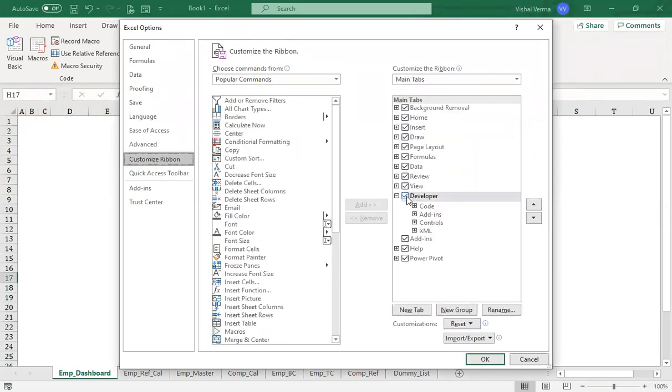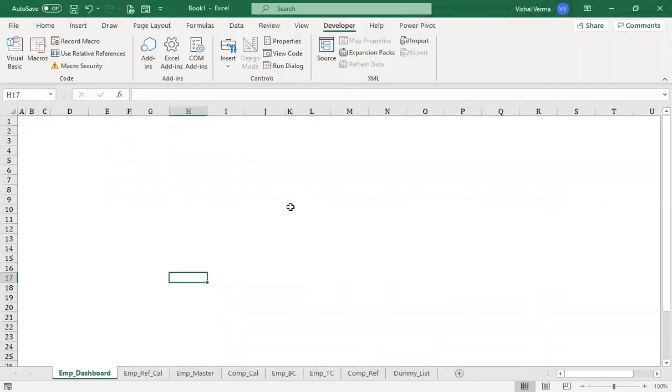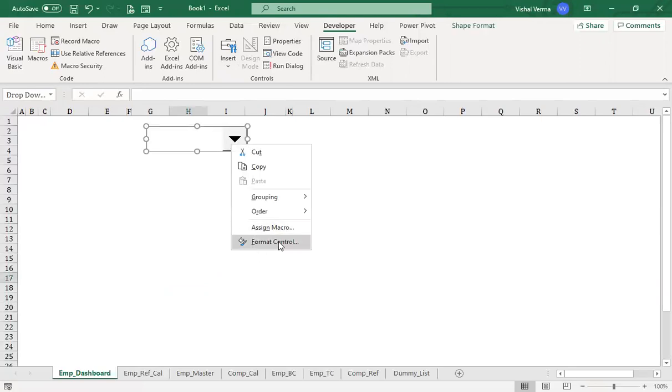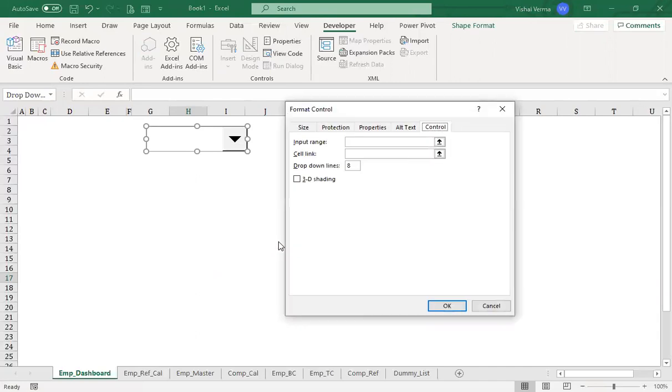You just need to check on the developer tool, and then it will be activated, and you will find that in the ribbon. Then we need to insert a combo box of the form control. Now we have to make the format control of that.